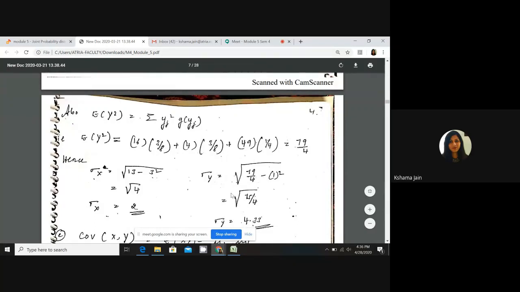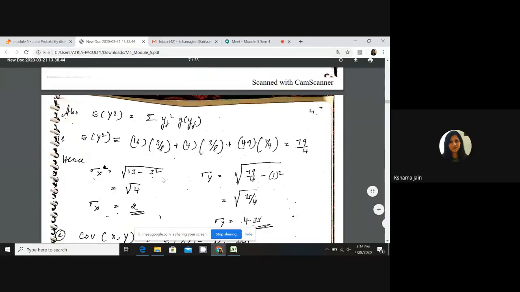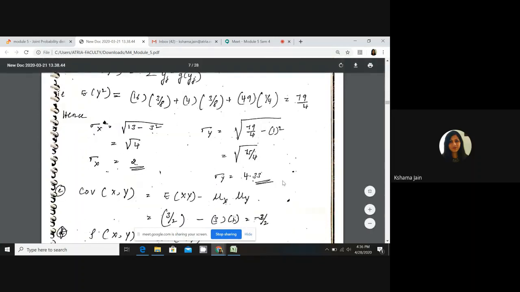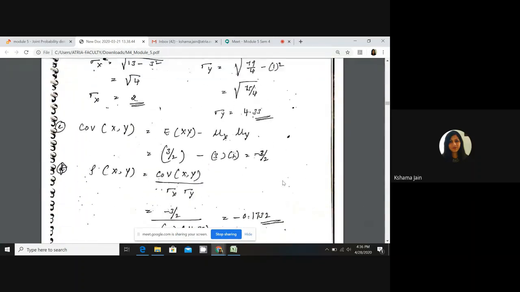If this value comes 0, because if both are equal, that time we can say that those are independent variables, but these are dependent, so we got sigma x, sigma y. In the same problem only, all the 6 formulas they have applied.